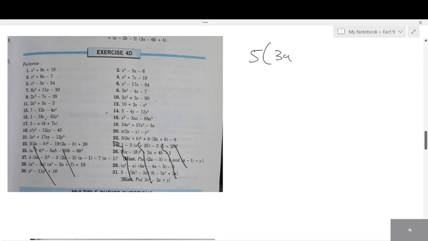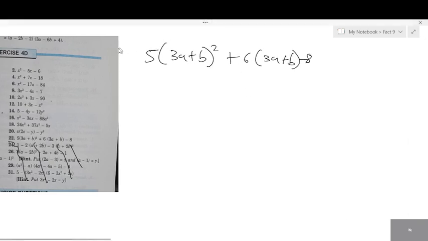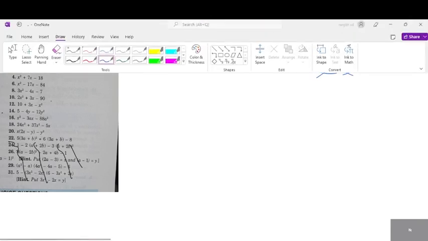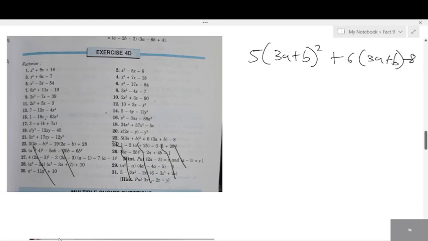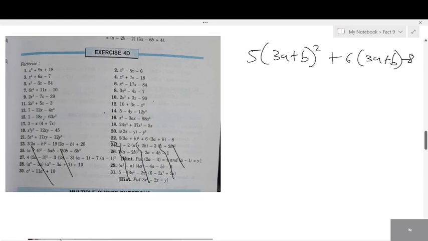5 into 3a plus b the whole square plus 6 into 3a plus b minus 8. What is common to them? But 3a plus b is not present here, right? It's not given. So this type of question, only these two are different. Look at the 22nd and 23rd, students. In 23rd, which is common for the first two? 2a